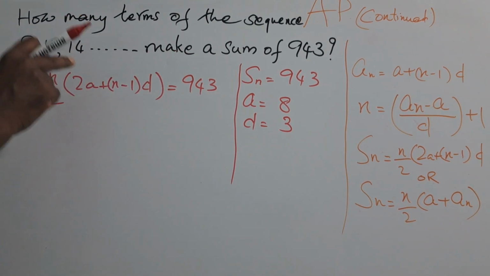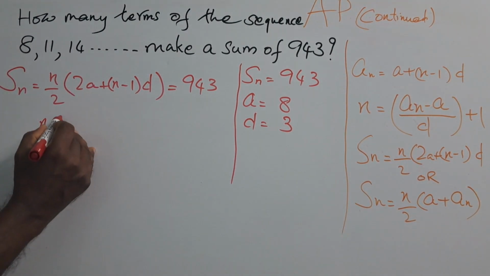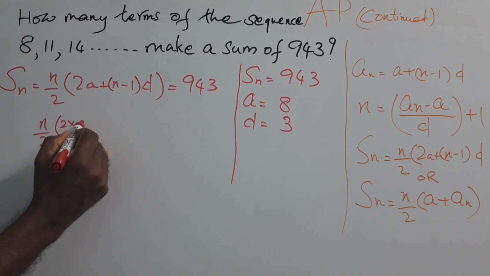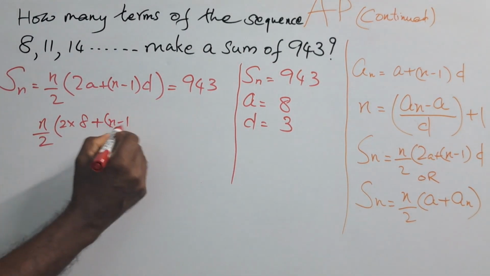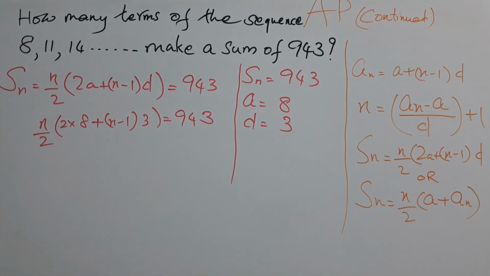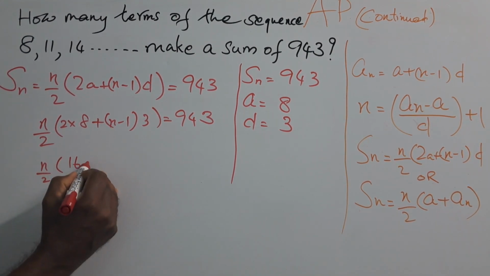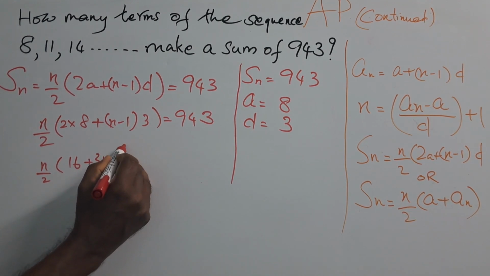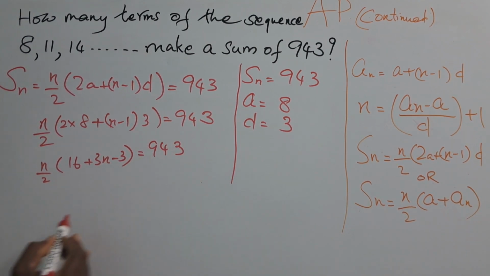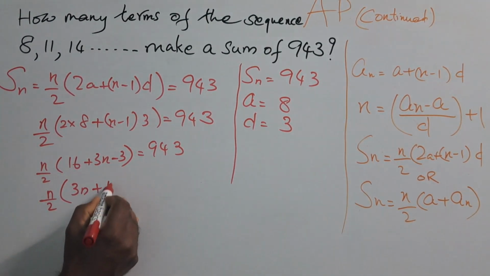We know Sn, we know A, and we know D. n by 2 into 2 into 8 plus n minus 1 into 3 is equal to 943. n by 2 into 16 plus 3n minus 3 is equal to 943. 16 minus 3 is 13. n by 2 into 3n plus 13